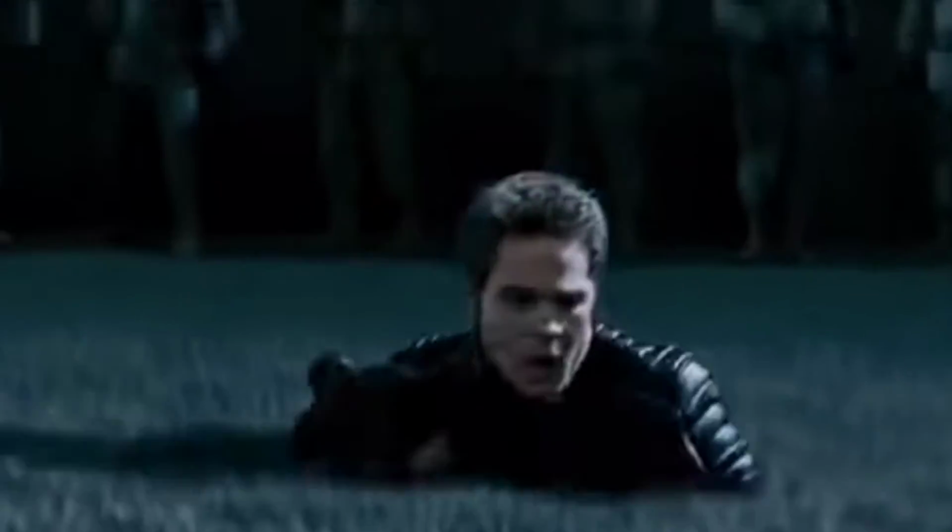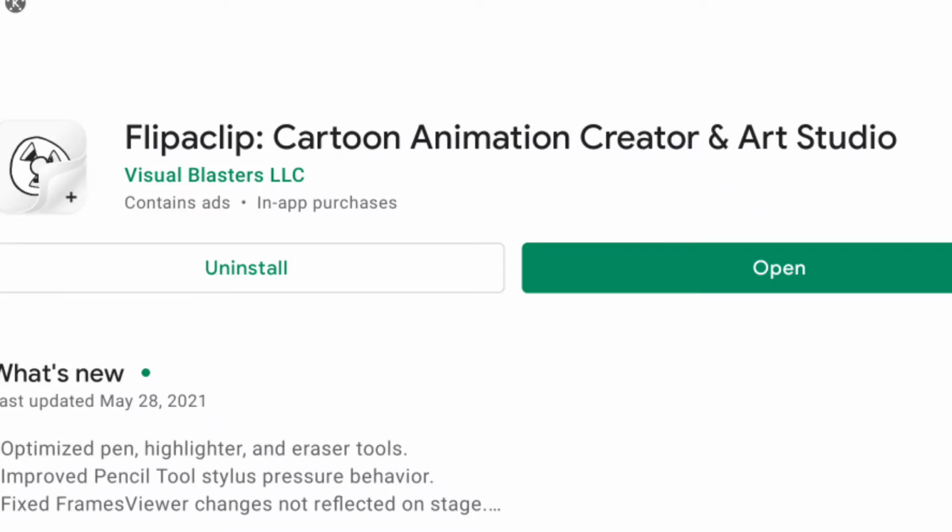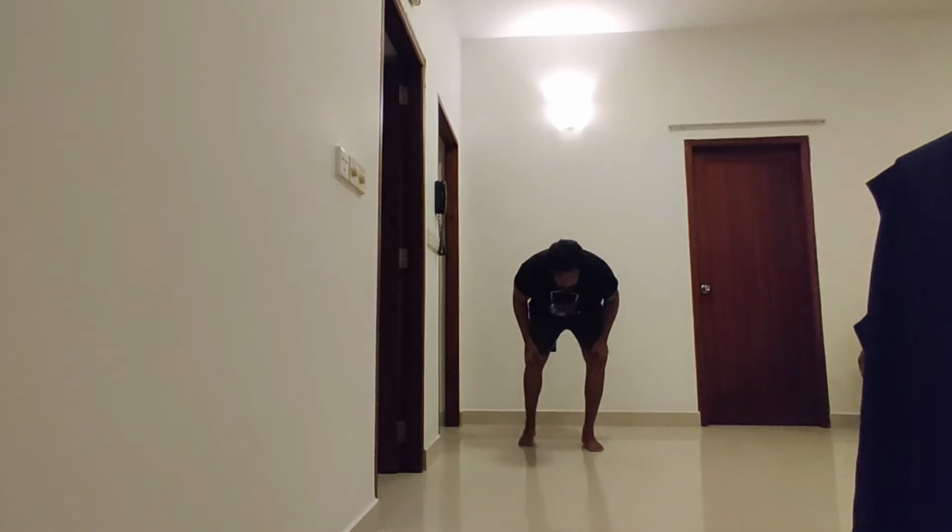So we are going to figure out a way to do this with no budget and no recording equipment except your phone and just free software like Flipaclip. So whether you're on a hike somewhere and you suddenly want to make yourself look like you're phasing through a tree, or if you're waiting at your dentist's office and you want to make it look like you just went through the door, these are the techniques you'll want to use.